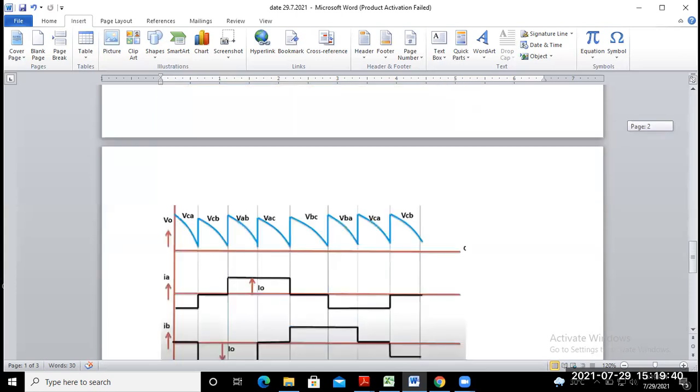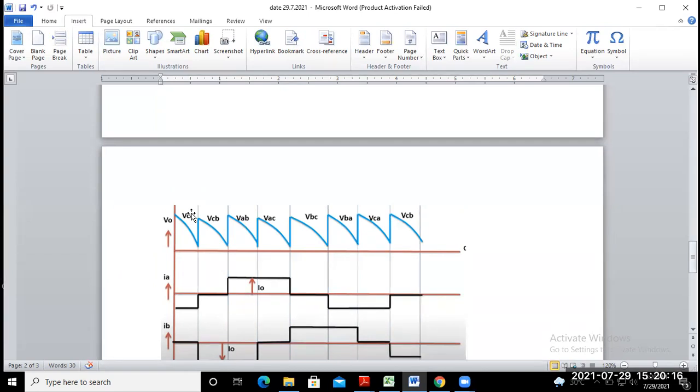At this instant, A is negative, is it not? VCA is VC minus VA, so A is negative. So the current starts from this point, negative, and again goes to 0.